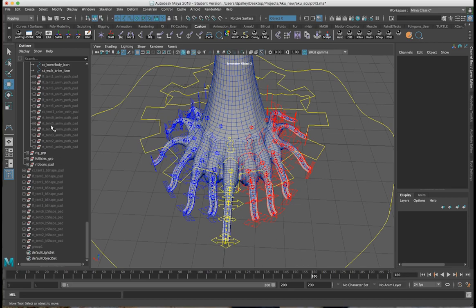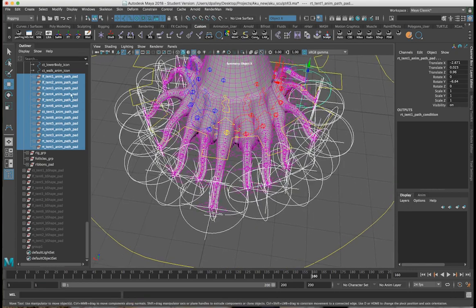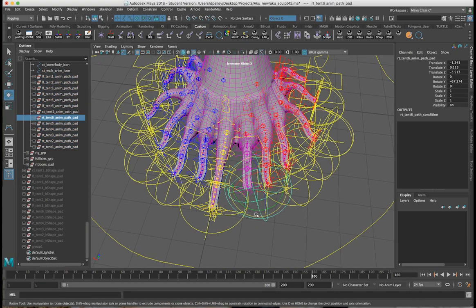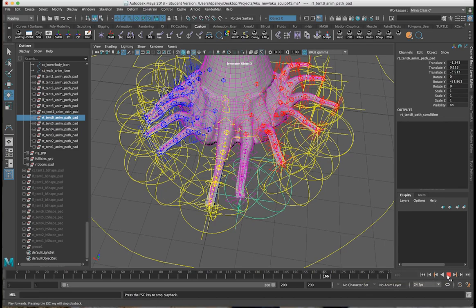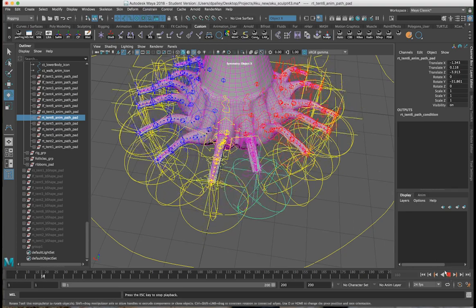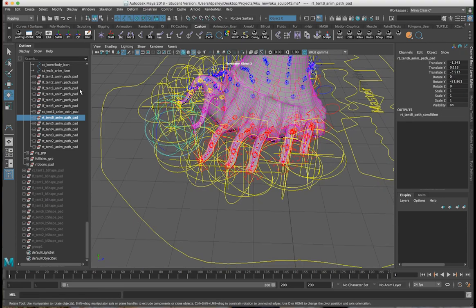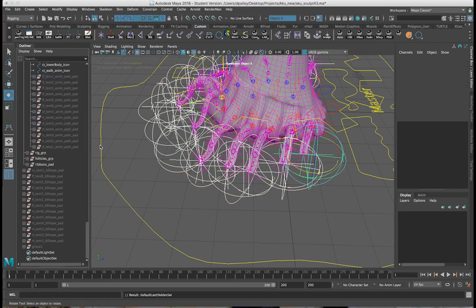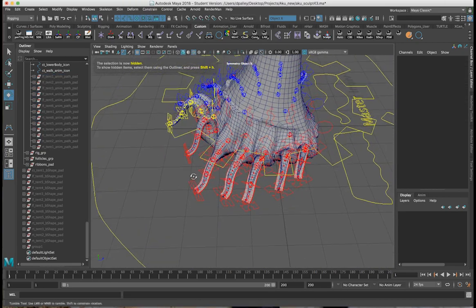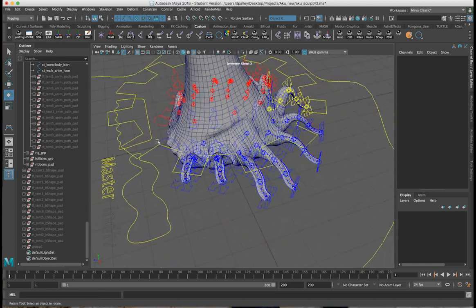And I can always take these paths if I think they're moving a little bit too side to side or something to that effect. So I can take the tentacle 6 here and I can rotate it a little bit out, something like that. So now if we play the animation, now you see I'm getting a little bit more of a forward-backwards movement as opposed to the rest of them that are side to side. And, you know, I'm kind of trying to move them all together, like with just a little bit of delay on them. I was trying to mimic the Dean Hardscrabble from Monsters University movie with the movements, but